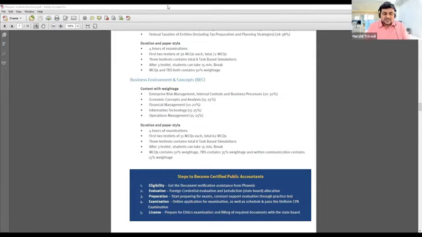Once we understand that you are eligible for the examinations, we collect your documents and send them to the evaluating agencies in USA. That particular evaluating agency will verify your documents and give you some credits. The credits are already assessed by us, so there will not be much difference in this, and they will give you a specific state board for appearing for the examinations.